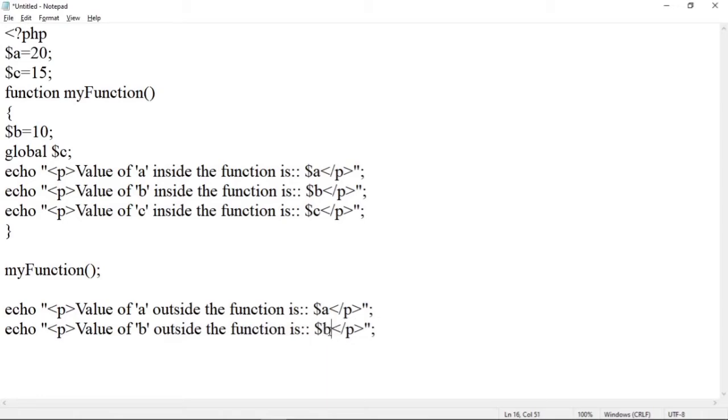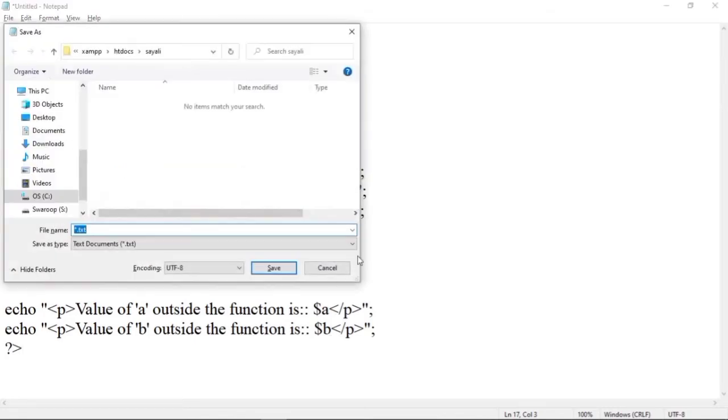Now let us save this program. Let us complete it with a question mark and closing bracket, and now save this program. Let us give it the name scope, and the extension should be .php, so scope.php.